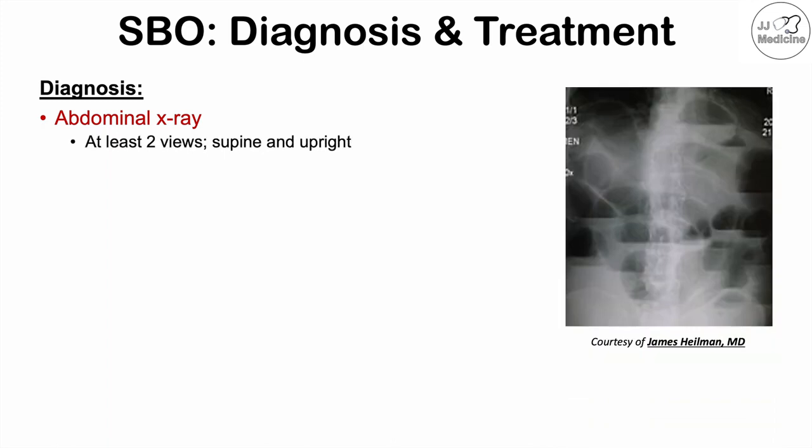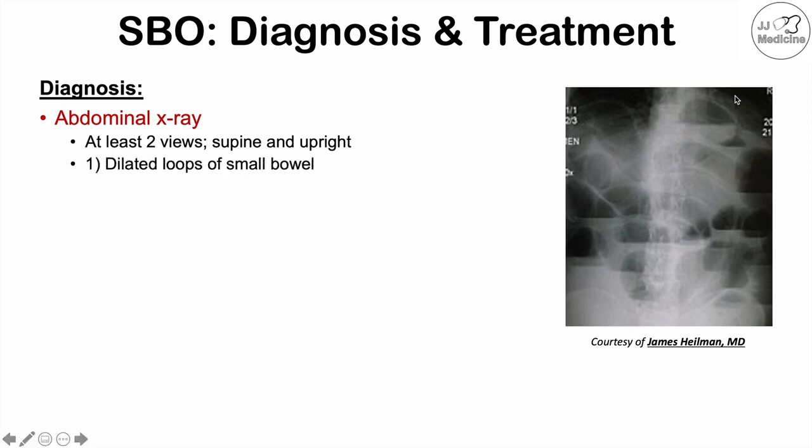Now let's talk about the diagnosis and treatment. We'll first talk about the diagnosis. The diagnosis can be made by abdominal x-ray. It's important to have at least two views on the abdominal x-ray, a supine or flat, and an upright x-ray. And there are particular findings we can see with a small bowel obstruction on an abdominal x-ray. These include